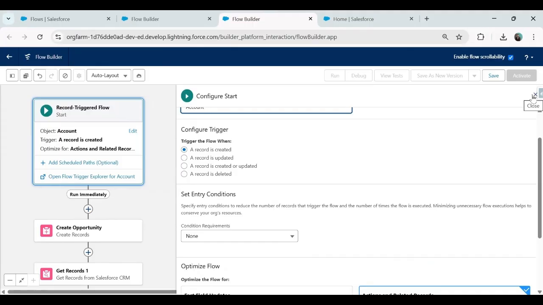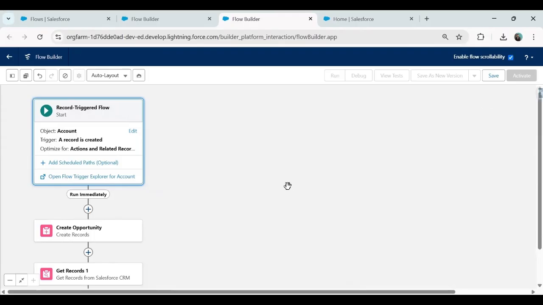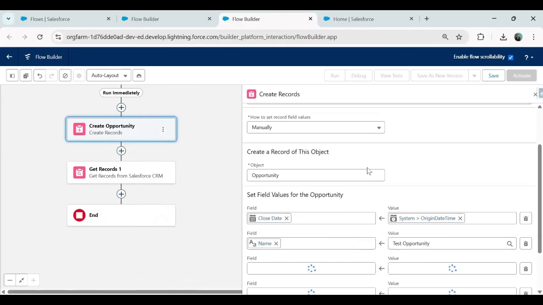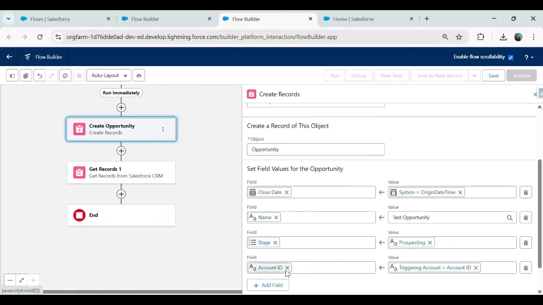So on this record triggered flow, we are creating a new opportunity. The flow gets triggered whenever a new account gets registered. In this opportunity record, I set the close date, name, stage, and account ID, and mapped them. Now, one very interesting and useful enhancement in flows here is, if you remember, in the previous version of the flows,